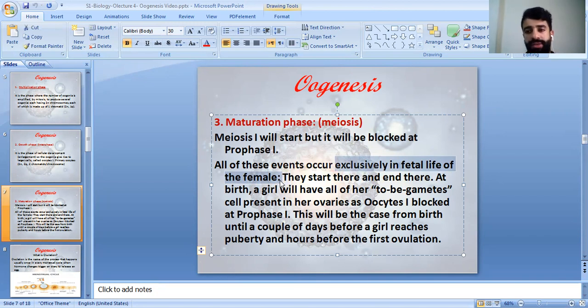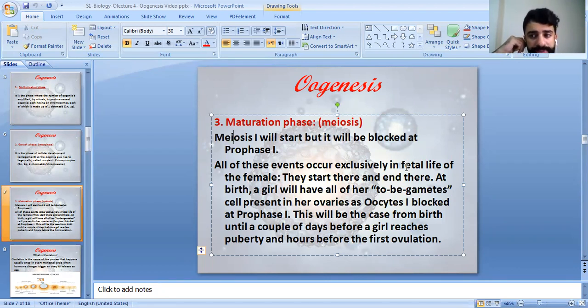We're talking about the egg cells. They occur exclusively in the female, in events where meiosis 1 would start and all the primary oocytes will be produced during the growth phase, all of them. They occur in the fetal life of the female. They start in the fetal life and they end in the fetal life. At birth, a girl will have all of her gametes present in her ovary as oocytes blocked at prophase 1,